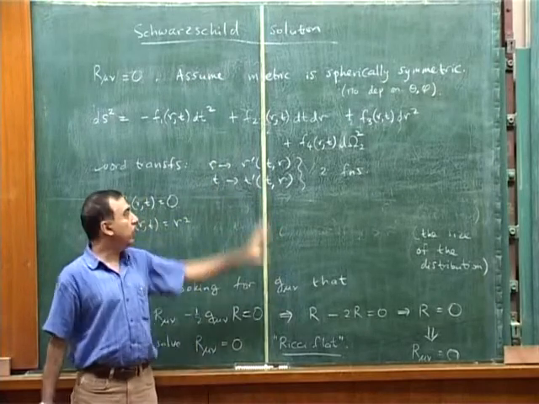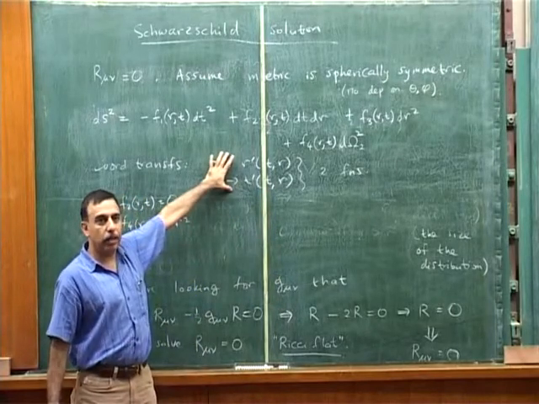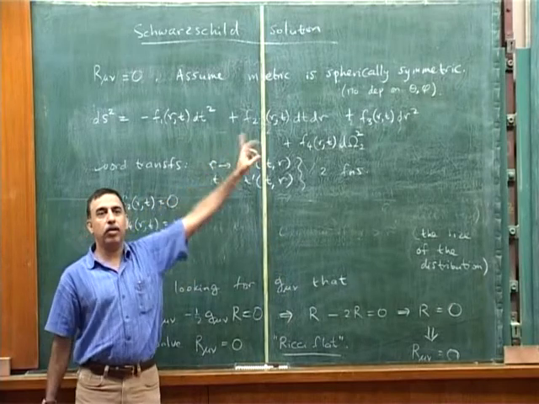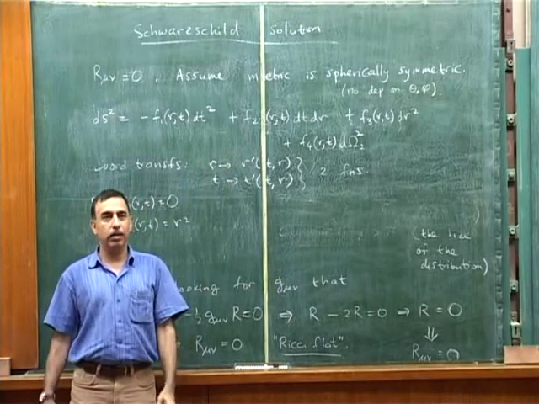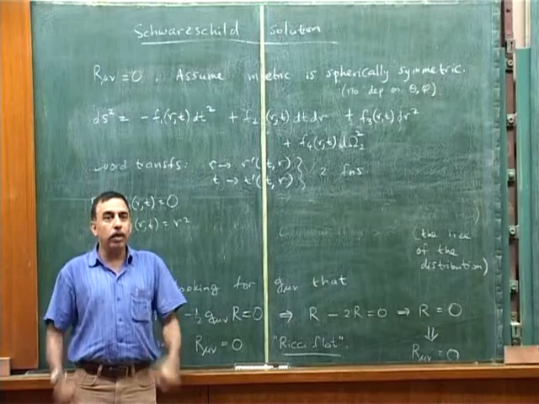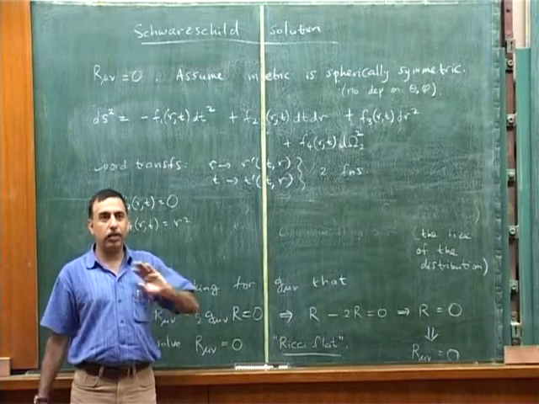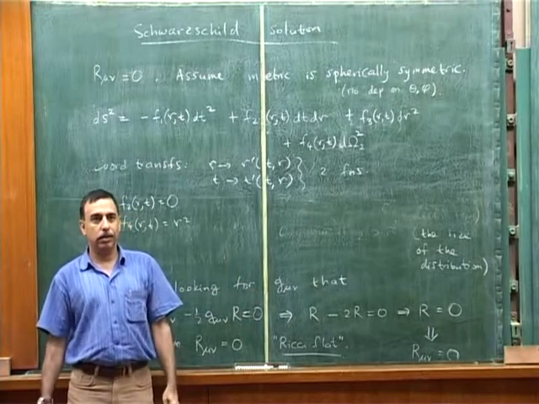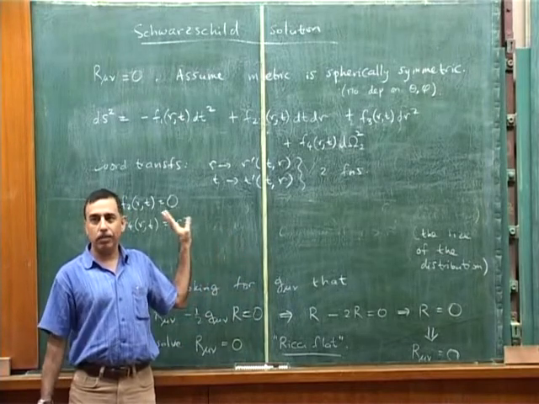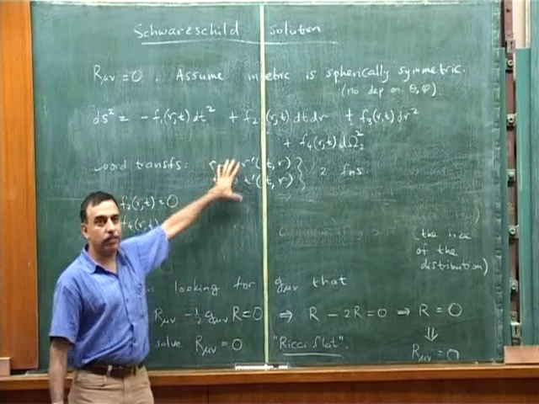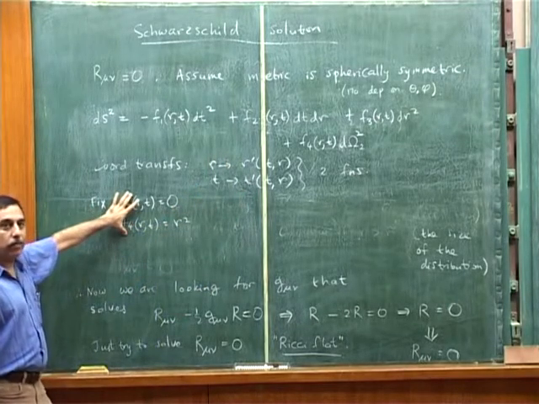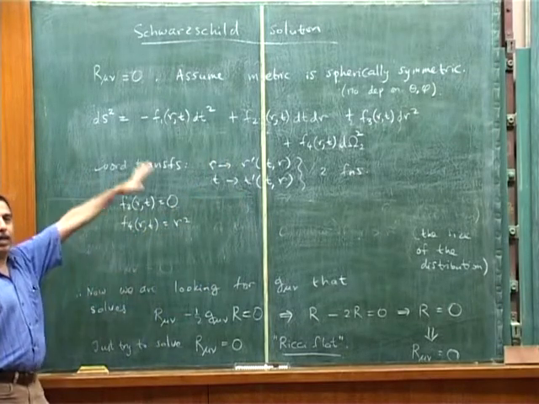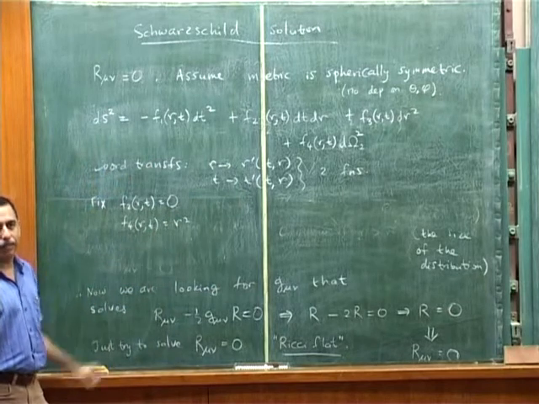But I choose only to make these restricted coordinate transformations so as not to introduce any theta and phi dependence in the metric. If I wanted to introduce theta and phi dependence, it's perfectly legal, but of course it would only make my life worse. Okay. So there are no assumptions here. I'm simply using the freedom of the system to fix part of the system, and now I'm going to determine the remaining part which is unfixed by that freedom.